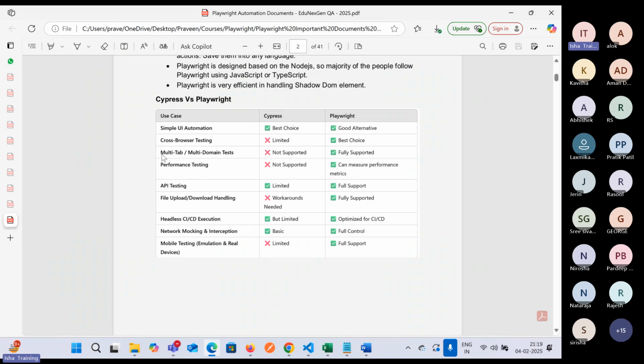Second advantage: if you have worked with Cypress or have some knowledge of Cypress, you might know that whenever we have to do cross-domain testing, that means, let's say you click on a button and that opens another new tab or new window, handling multiple windows or multiple tabs in Cypress is a bit difficult. You have to use origin to navigate through the